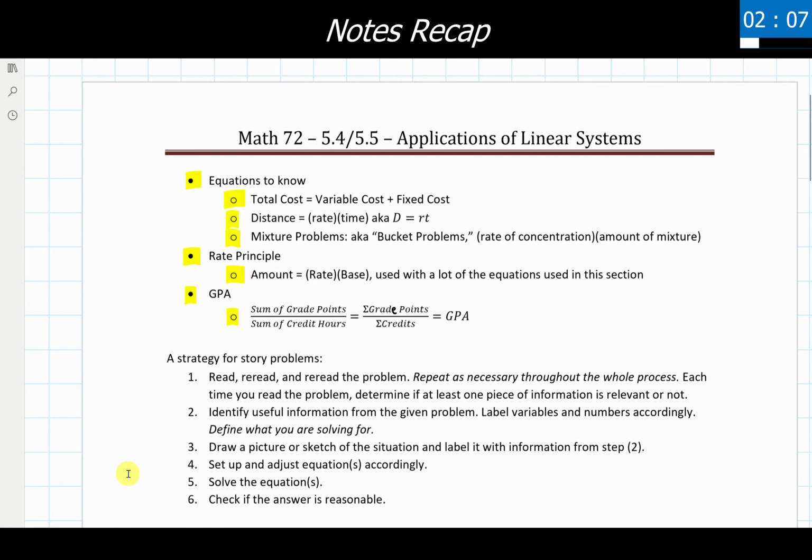If a question does not specify which method you should use to solve the particular problem you're working with, you can go ahead and use whatever method you would like. If you are in my class and you are watching this video, please note that on each question, I will be noting that I want you to solve it using this method, or I want you to solve it using that method. And if I don't state any particular method in the directions, then you are free to use whichever method you would like, which is what I tend to use and allow for a lot of story problems.